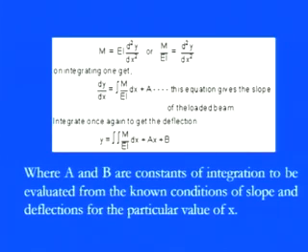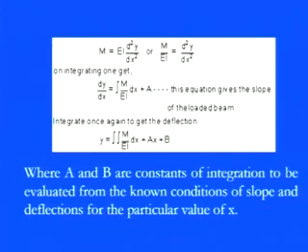dy by dx is equals to integration M divided by EI into dx plus A. So this equation gives you the slope, because dy by dx is the slope of a loaded beam. And then again if we put the integration here, then we have y which is equals to double integration of M by EI into dx plus Ax plus B. So in the deflection formula we have the double integration of this M by EI into dx, and we have